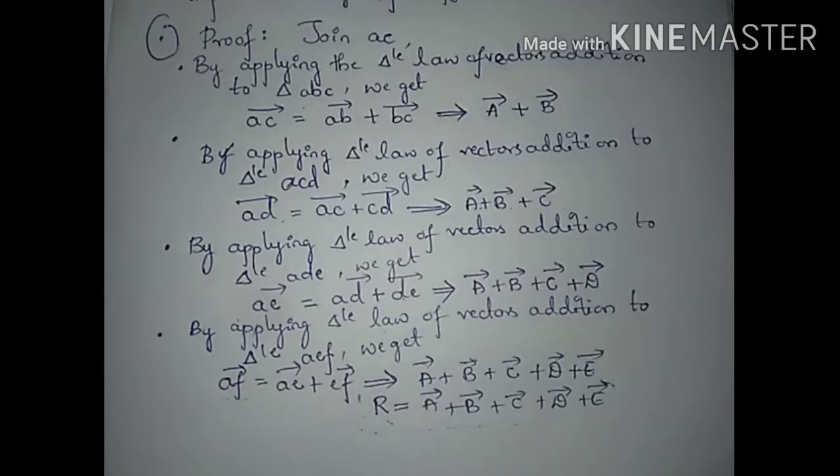So to do the polygon law of vectors addition, we will arrange all the vectors in a specific order to the sides of the polygon, and the last side which is left will be considered as the resultant side. So to get the resultant vector, we have to draw the resultant vector on the side of the polygon. Then by considering the different triangles, we end up getting the resultant vectors. This is the polygon law of vectors addition.